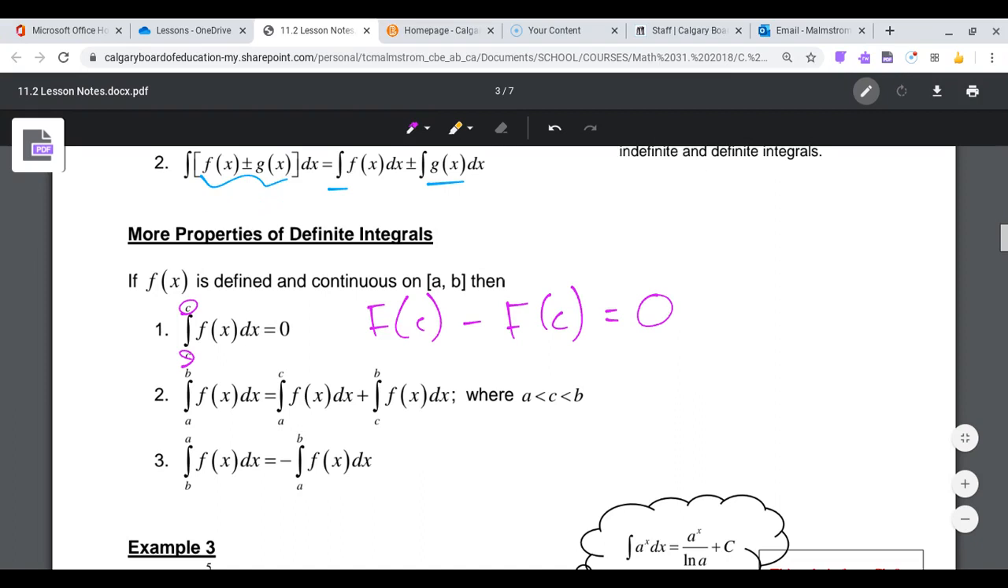In this second property, if you have boundaries from a to b and you put in a third boundary somewhere in between there, it doesn't have to be in the middle. It can be anywhere in there, and then you can add those as separate integrals. So you can go from a to c, that would be this piece, and then you could add the integral from c to b. That would be this piece, which is what we did in some of our area questions where our graphs intersected